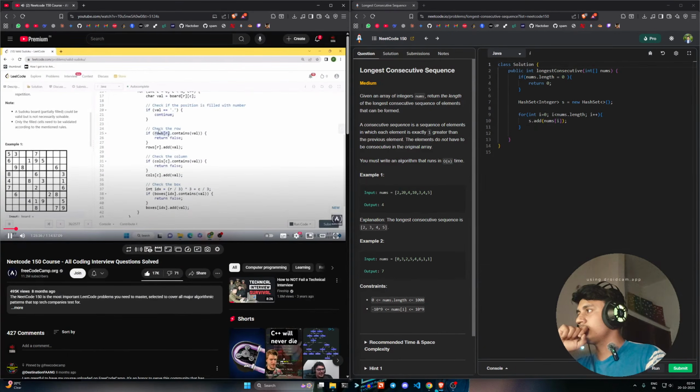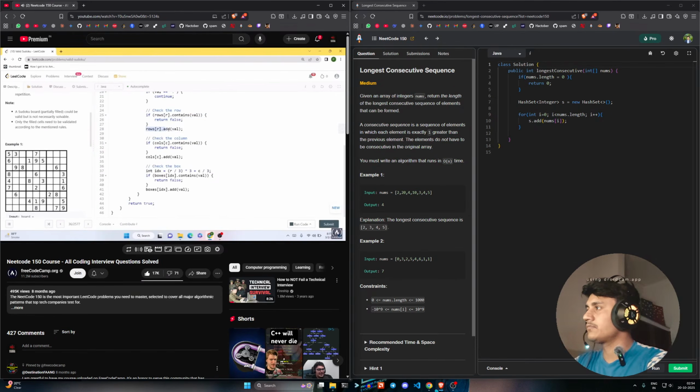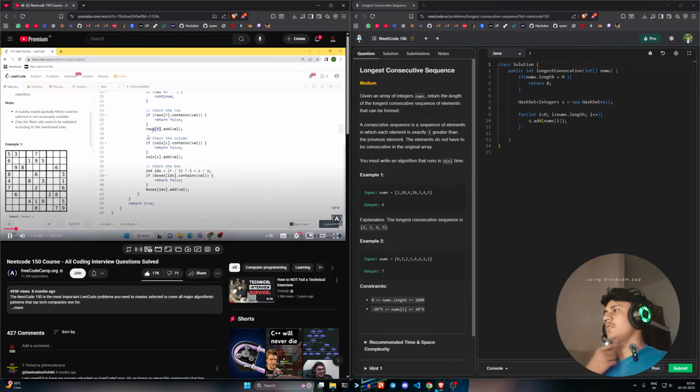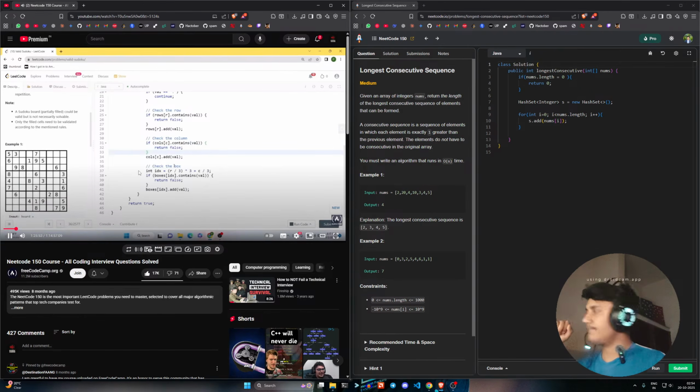For this particular row hash set, is this value already present? If the value is already present, we can simply return false. If that is not present, we are going to add the value to that particular row hash set. Same thing we are going to do for the column, that if the value is present, we are going to return false. If the value